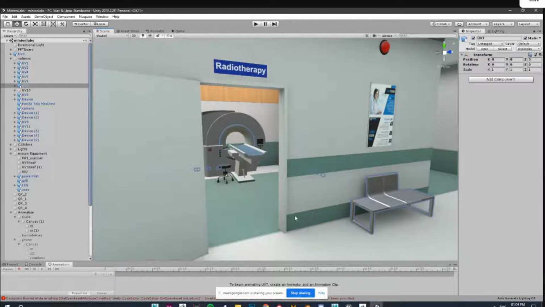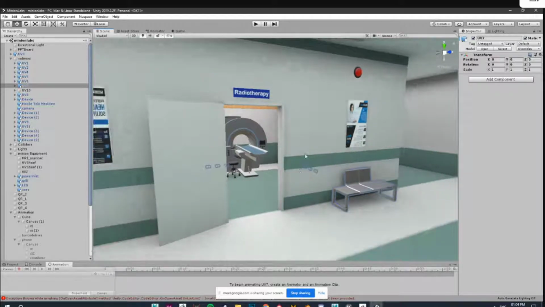So the Wellmanai objects that you see on the top, or lights, minion equipment and all, the minion equipment is not animated, is it? Yeah, these are not animated. Only those X-ray particles were animated, and they are all part of the main game object, the animation game object.